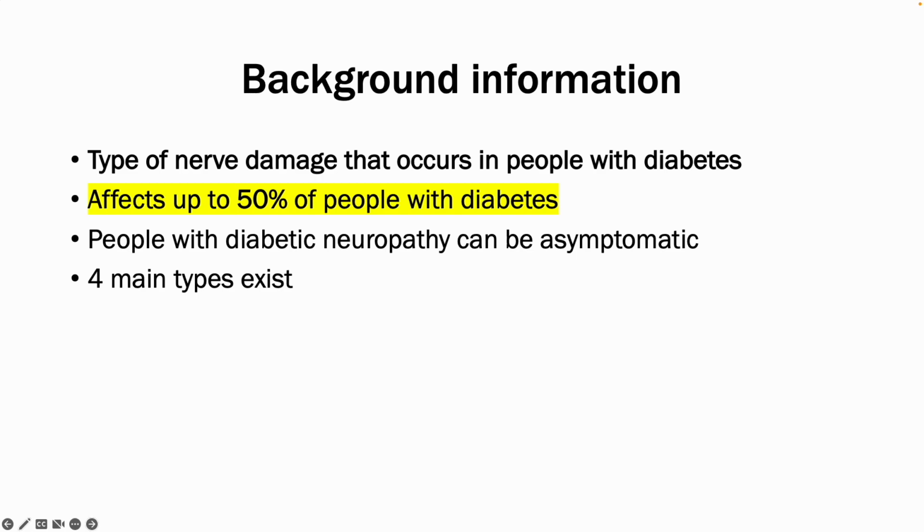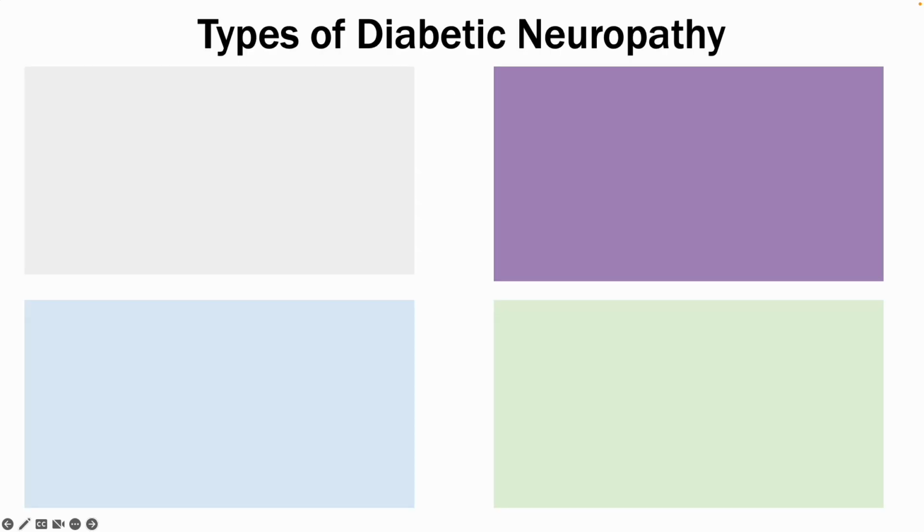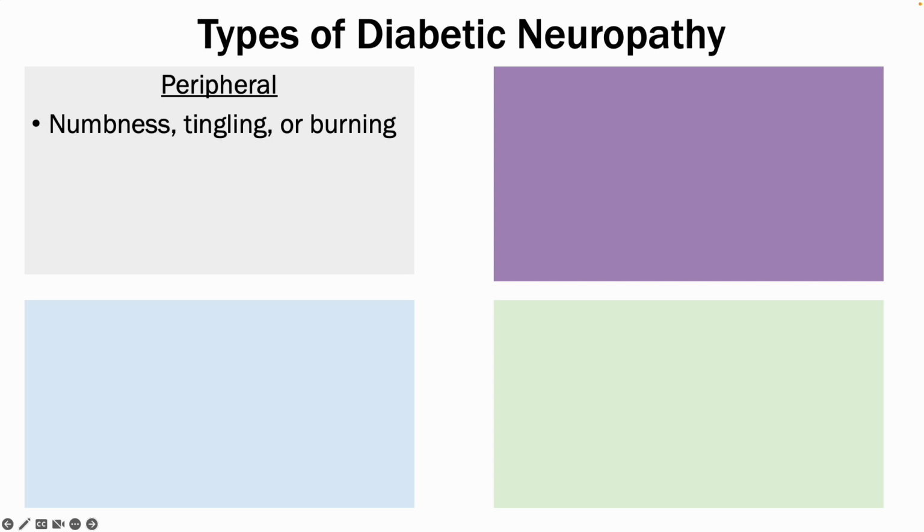The pathophysiology of diabetic neuropathy is multifactorial and involves metabolic, vascular, and neurodegenerative mechanisms, and the level of diabetic neuropathy is often linked with patients' blood glucose levels. The main four types of diabetic neuropathy: firstly, you have peripheral diabetic neuropathy, and that typically presents with numbness, tingling, or burning. You can also have symptoms such as erectile dysfunction, or very commonly foot ulcers, which are screened for